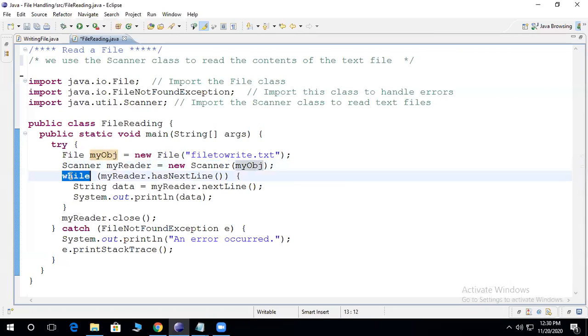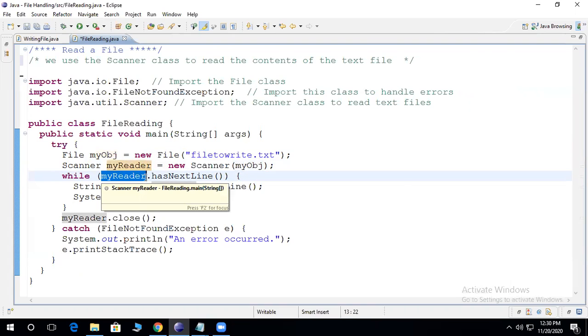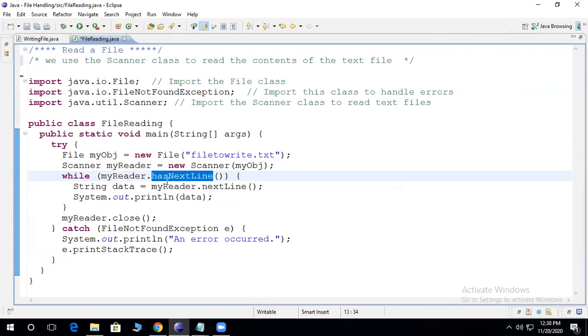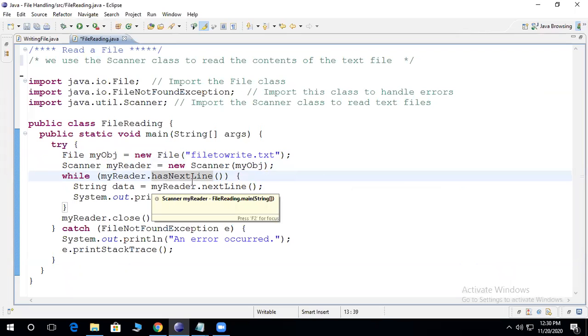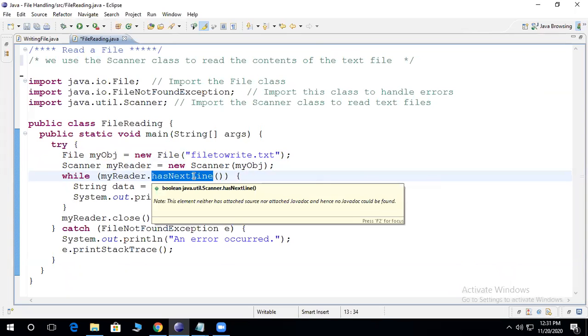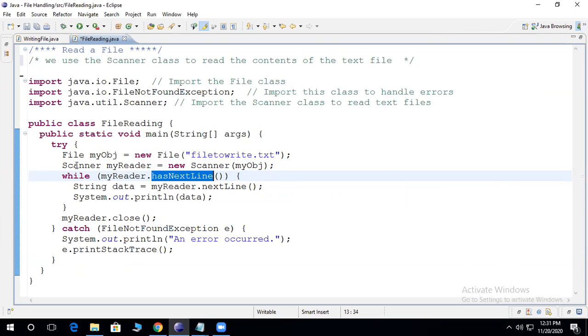So I have used a while statement over here, which is for iterating. Line by line reading is expected here. With the scanner object, you invoke the hasNextLine method for traversing the file line by line. What is the purpose of the hasNextLine method? It will return true if it is not the end of the file, and it will return false otherwise. This while loop will become false when hasNextLine has the false value.